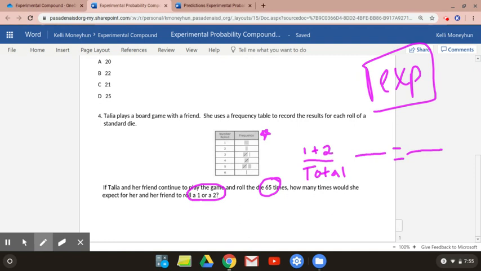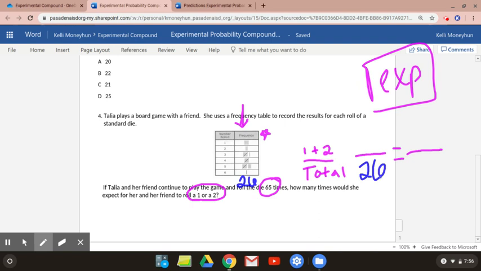Okay? Now, does it tell me how many times she actually rolled this die? It does not. So what you're going to do is add up all the tally marks total. Go ahead and pause and add them all up and then check my math. All right, y'all, I got 26. Okay, I got 26 as my total. So that's my total for my data. Okay, so that's my first total for my first